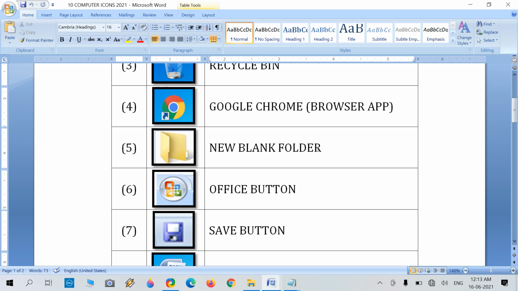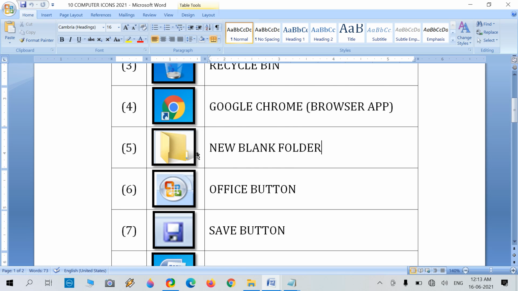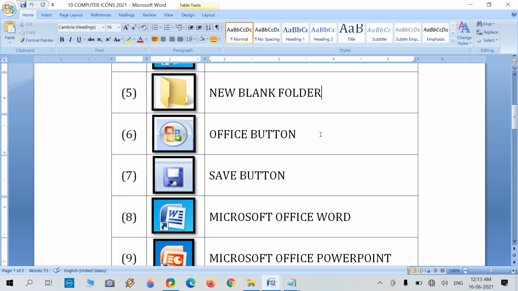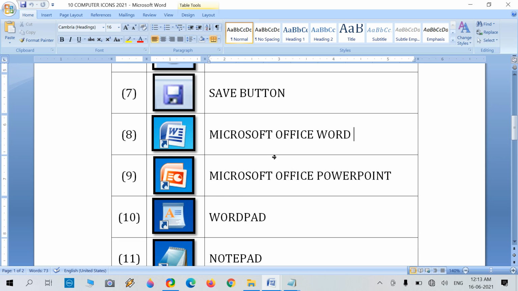Then the new folder icon and the office button are also known as tools, because each is a tool, not a specific application icon, located at a specific screen position. Like this blank folder or office button is located here at the top. The next is the save button, then Microsoft Office Word. This is an icon of an app or software, so it has an icon.